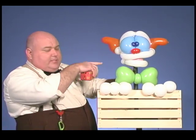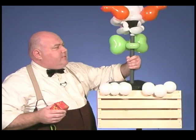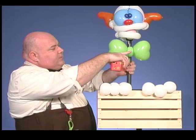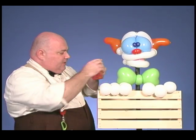To cover the post in the front here, and get a little more character also, I made a bow tie using a couple of lime 260s and a couple of lime hearts. I just made a loop around the post, a smaller loop in the front of it, and ran the nozzles of the 2 lime hearts together through that and tied them together. On the front here,